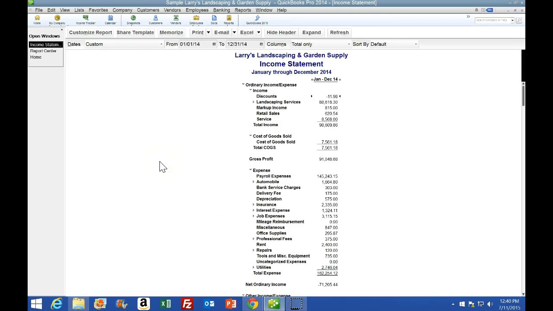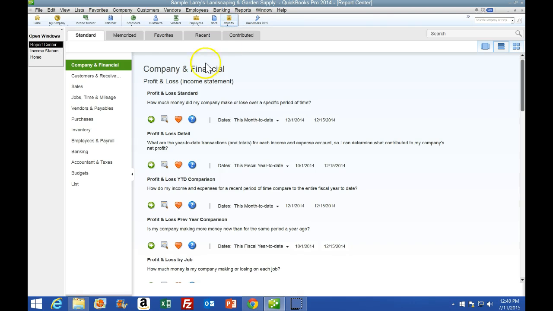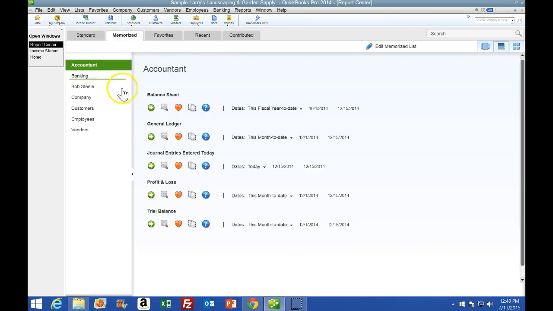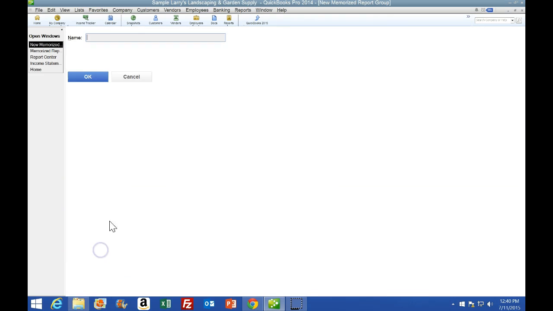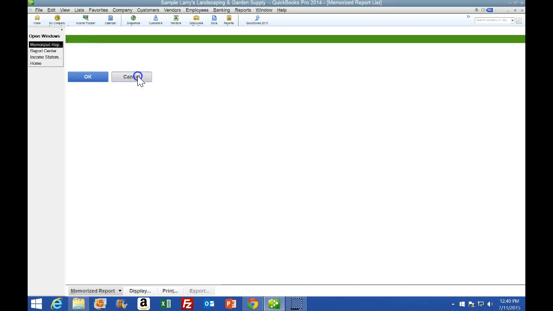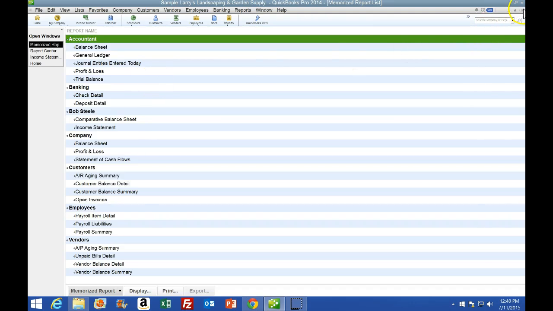We already have our name set up as the location where we could memorize reports. We did that in a prior area. So if you don't remember how to do that, we went to reports, we went to memorize, and then we went to edit, and see our name should be in here. Here's my name. It'll be in alphabetical order. If you do not have that, you can hit this and you can go to edit or new group and then type your name in and hit OK, and that'll insert a new group. I'm going to close this,